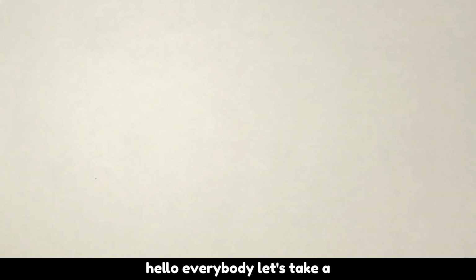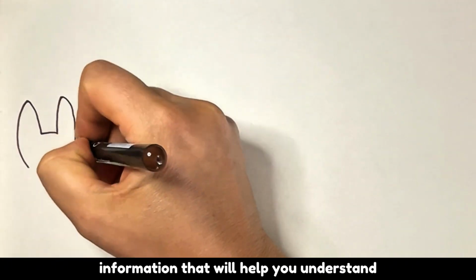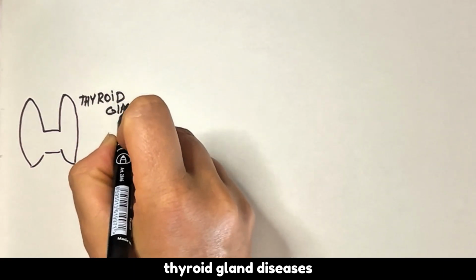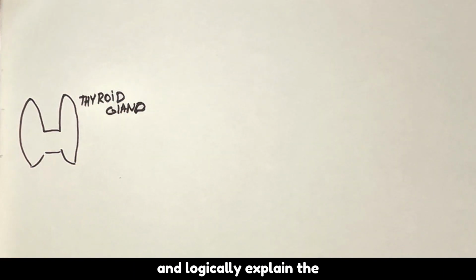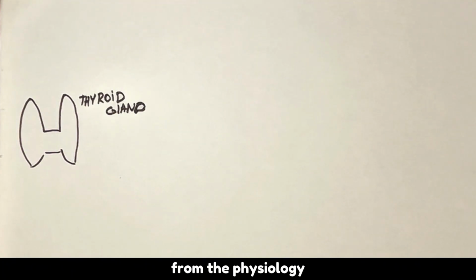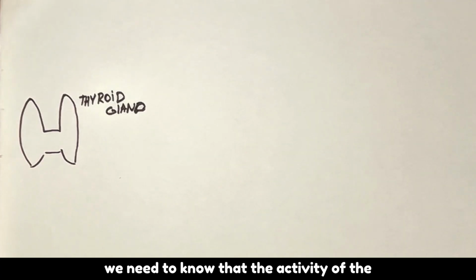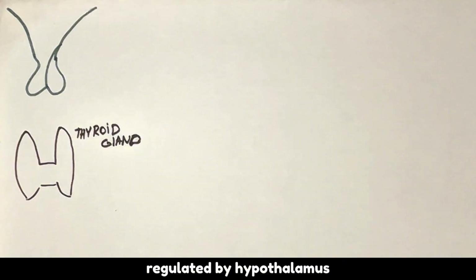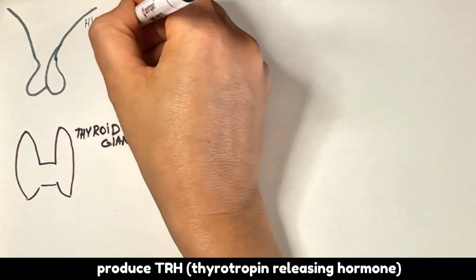Hello, everybody. Let's take a look at the essential information that will help you understand thyroid gland diseases and logically explain the diagnostic and treatment procedures. From the physiology, we need to know that the activity of the thyroid gland is primarily regulated by the hypothalamus, which produces